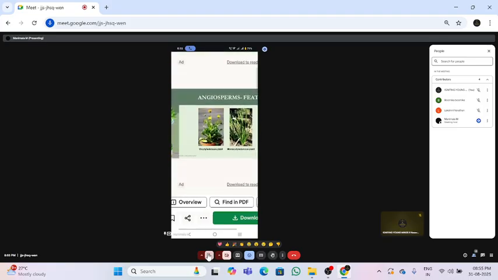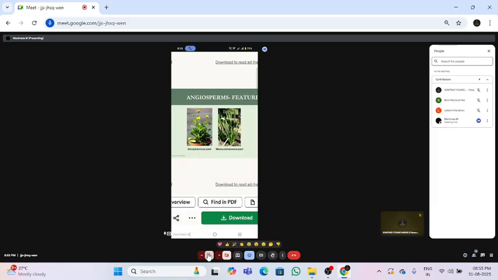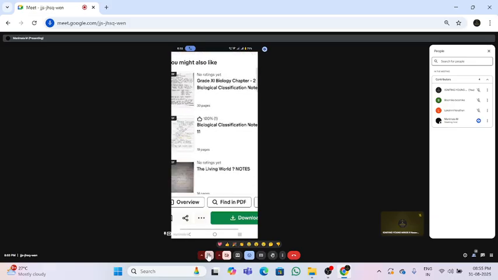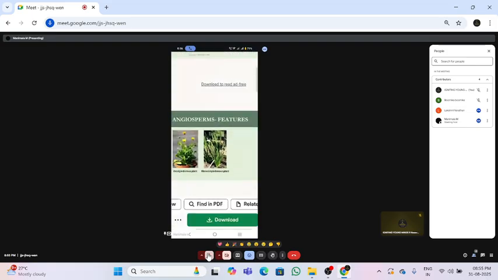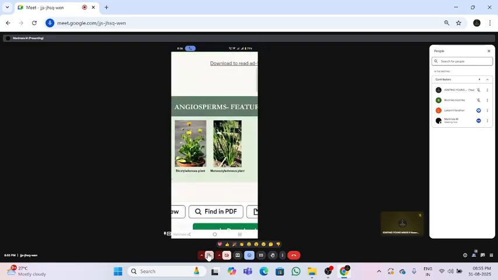Vegetative reproduction we know takes place with the help of stem, root and leaf. Can you give me an example of vegetative reproduction by stem? Rose, jasmine. For root, carrot, turnip and also radish come under this. For leaf, we have studied about bryophyllum and begonia.